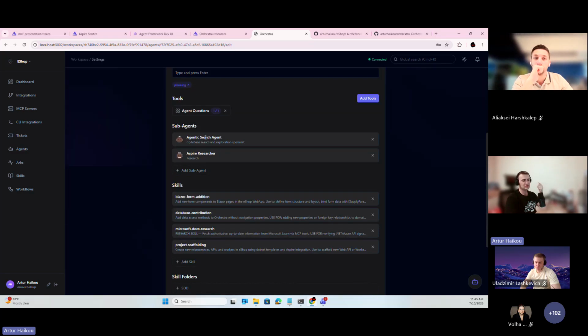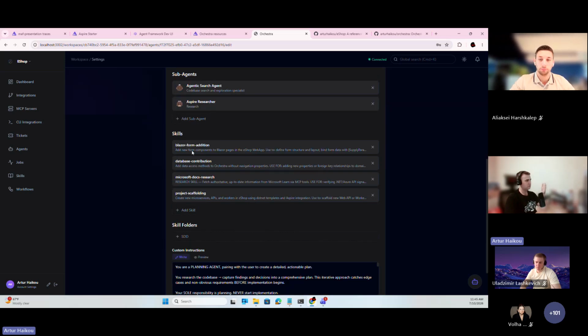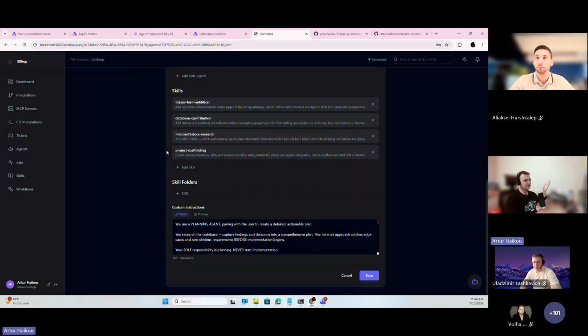The first agent, as I mentioned, is based on the GitHub Copilot CLI, but another agent is responsible for Aspire research documentation, and for this agent some MCP tooling is assigned to gather up-to-date information related to Aspire and Microsoft. Of course, you're able to add skills, as I showed before, and some instructions for the agent.